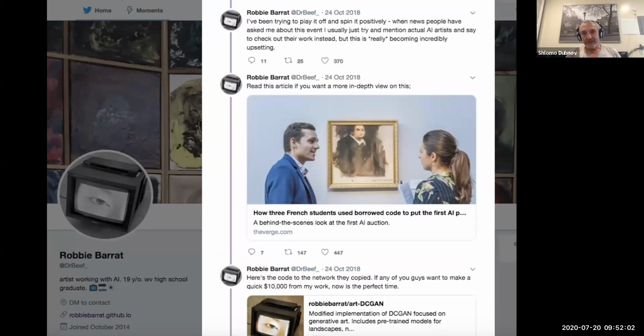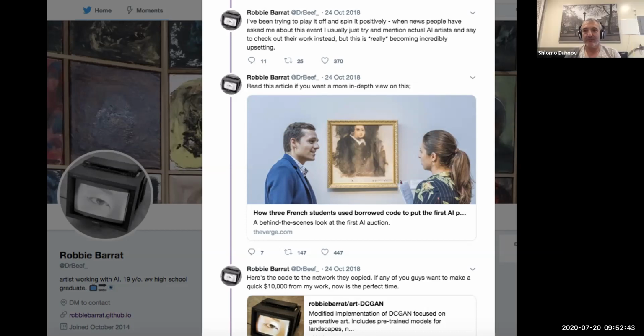So actually, the group that did that was 3 French students who have an artistic group that does computer-generated art, and they not only used this code, they actually consulted with him. He helped them to get this code running, and then they put this in the museum. And then the question was, is it just a provocation or a joke? But they actually made this money, and why would somebody pay for this? But this whole anecdotal story